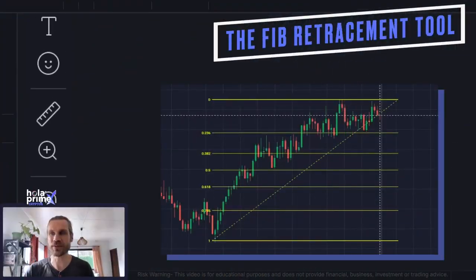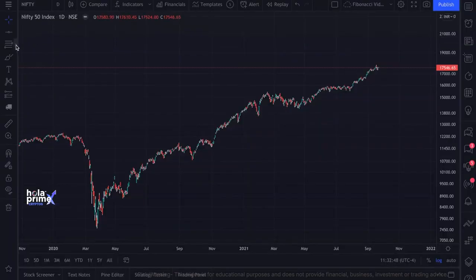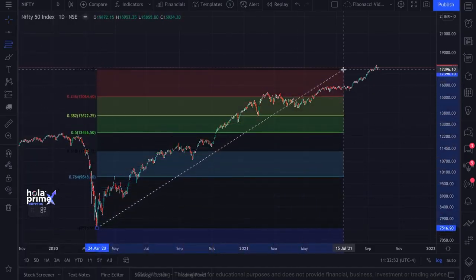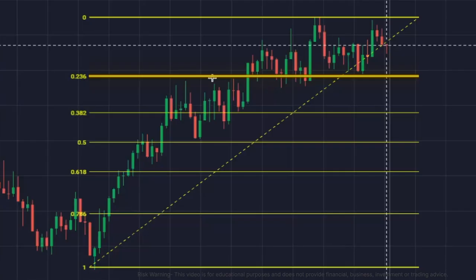The Fib retracement tool found in TradingView and other charting software is useful because it can be drawn between any two significant price points, such as a high and a low, and the tool will then create the support and resistance levels between those 2 points. When plotted on a price chart, the Fibonacci retracement tool draws horizontal lines at 23.6%, 38.2%, 50%, 61.8%, 78.6%, and